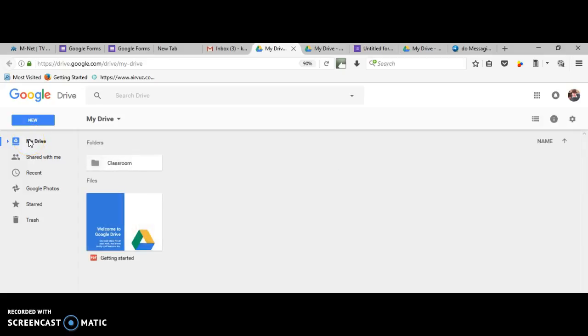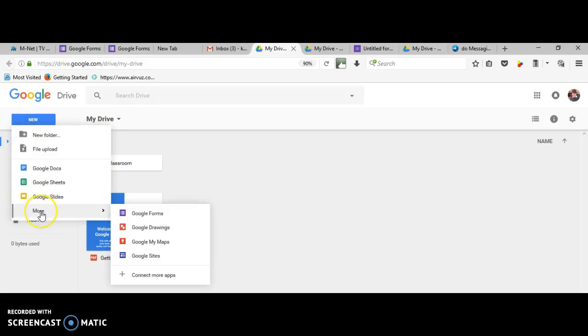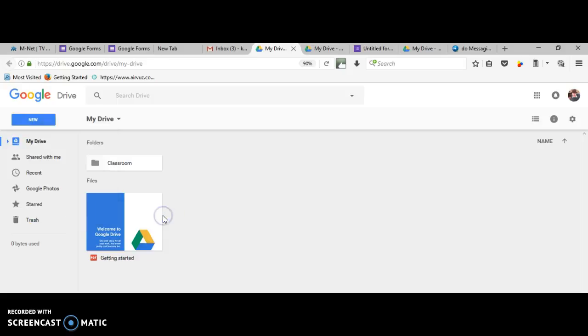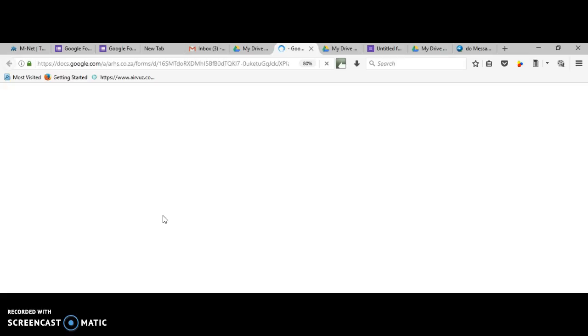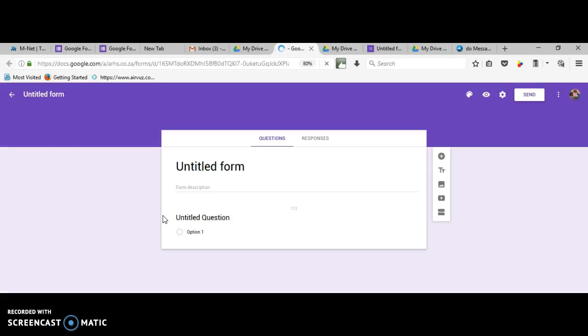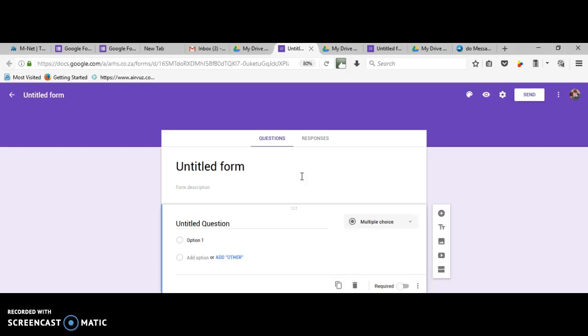at the moment. At the moment I haven't got very much, so I want to go and create something new here. So I'm going to go to new, and I will scroll down and just use this arrow here, and I'll go to Google Forms, and essentially it's going to come up with a blank Google form that I can work with. So the idea of a Google form is it's used for surveys and quizzes to get responses, and these responses are automatically recorded and we can analyze them in a spreadsheet as all these responses